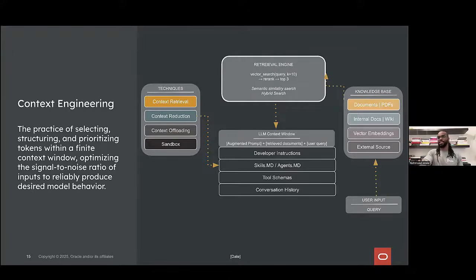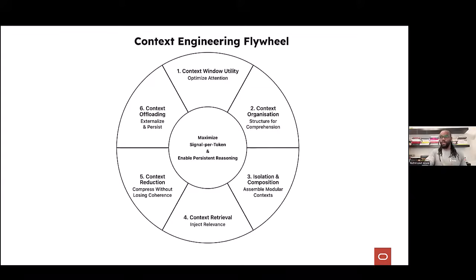But there's a bunch of context engineering techniques, and this is what we're seeing people use it for. So you have a retrieval engine, you still have that database, your Oracle AI database, you retrieve all your context from it, but the context window becomes an area where you start to organize, you start to optimize as well in terms of capacity. And when I say capacity, I mean tokens filling up this space. You have to be aware of the token limits, the token capacity of the context window as well. Now I'm going to move on to what we look at, which is the